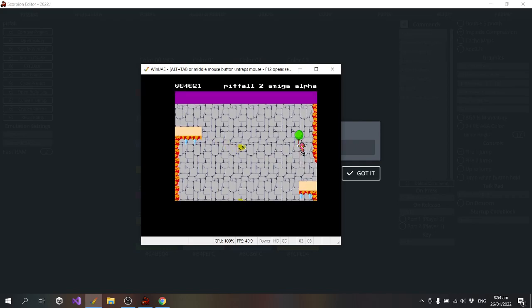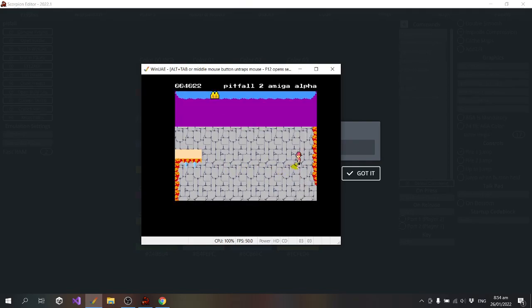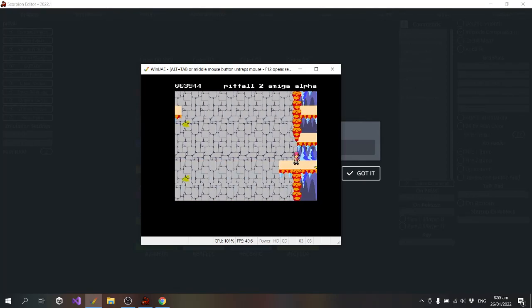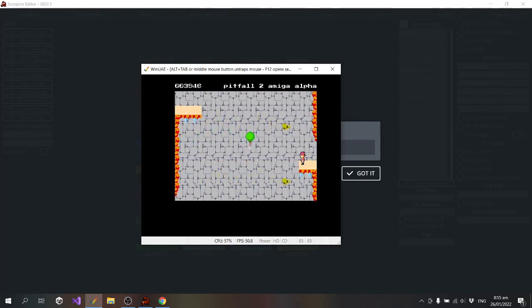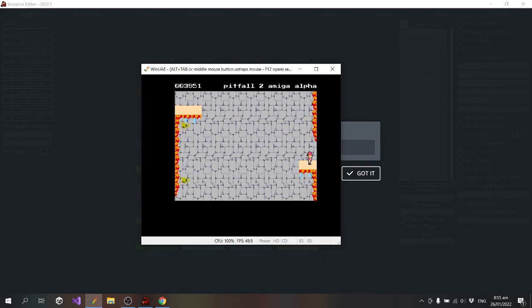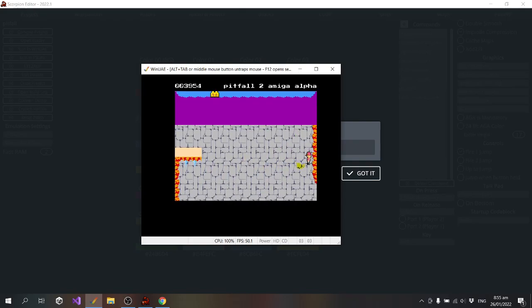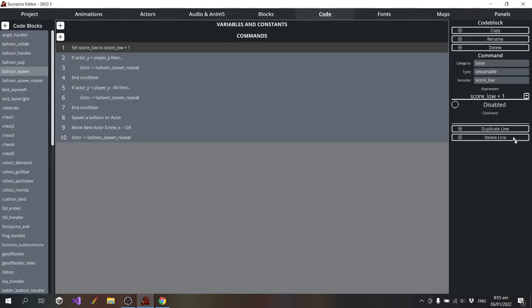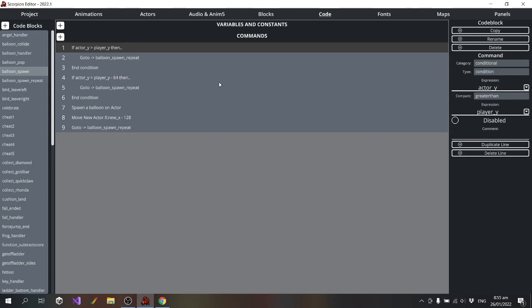Okay, alright, so I seem to have fixed it. Okay, well that will do. The balloon spawner seems to be working as expected, so I don't need that line anymore.